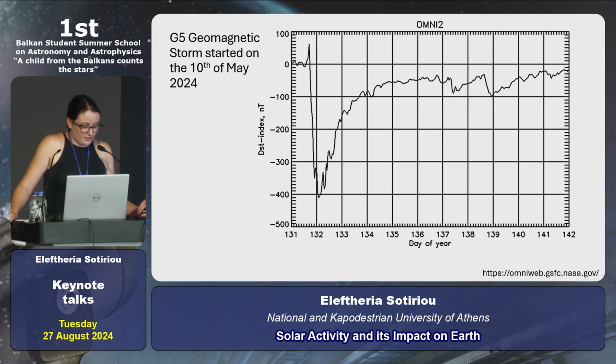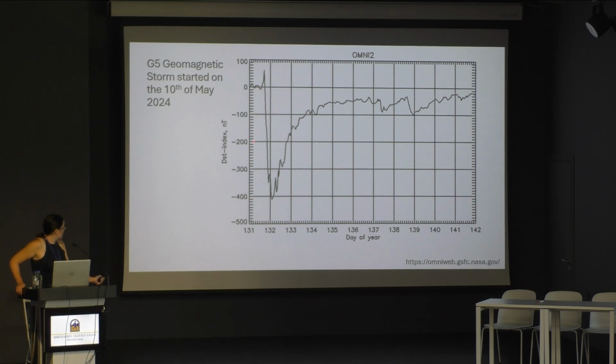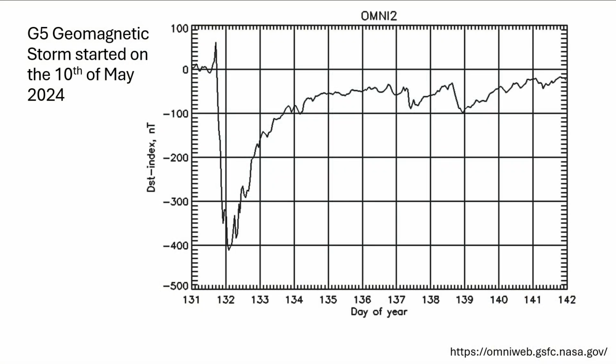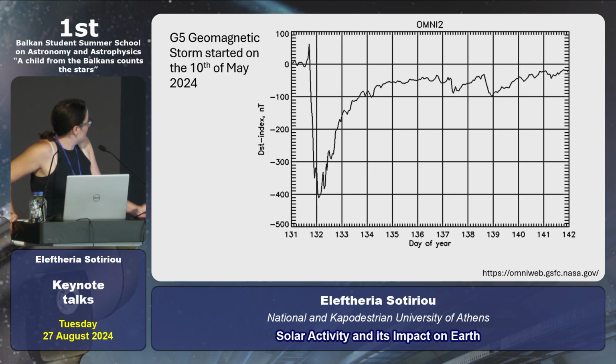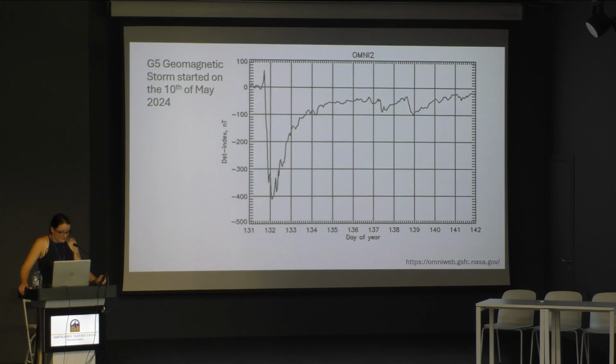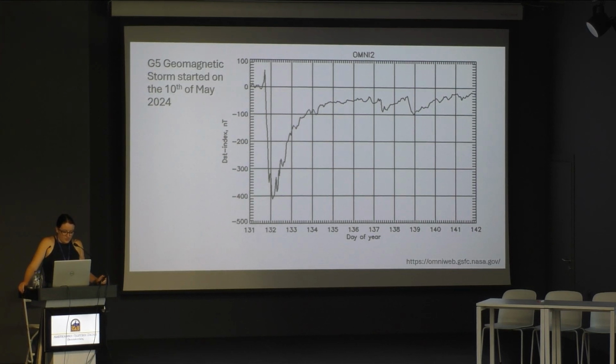This is a diagram here. On the vertical axis we have the values of the DST index, and on the horizontal axis we have the day of year. I chose here 10 days starting from the 10th of May, when you might have heard that there was a big solar storm happening, and also auroras in lower latitudes were visible. So starting from here, early on the 10th of May, we see that the values are around 0. So if there was no magnetic storm happening, those values would stay this way for the whole period of those 10 days. But as you can see, during that day,